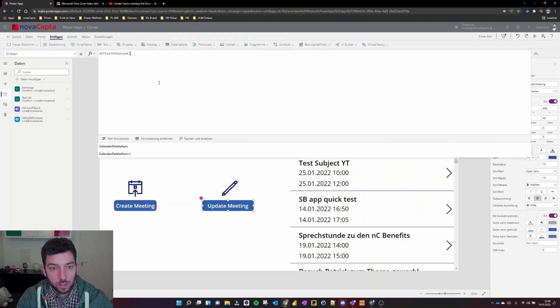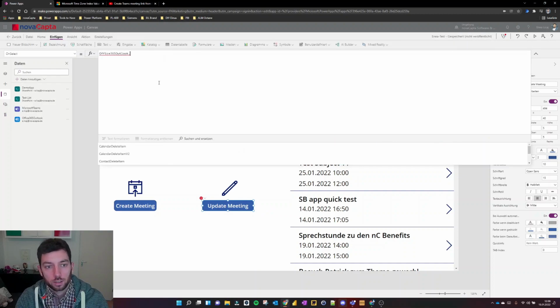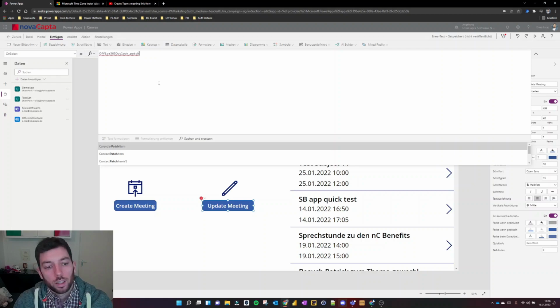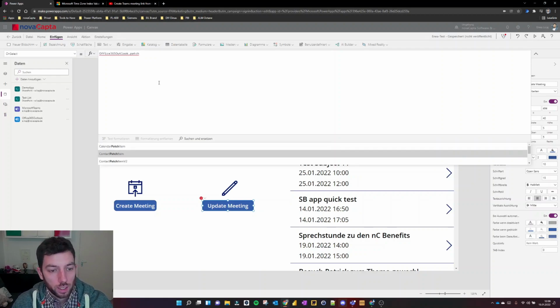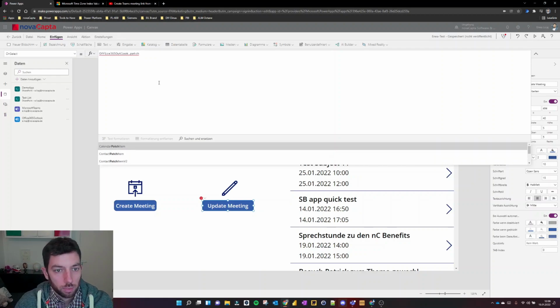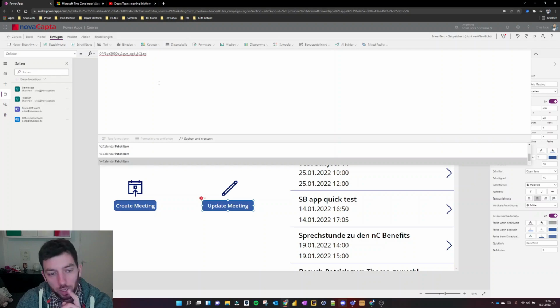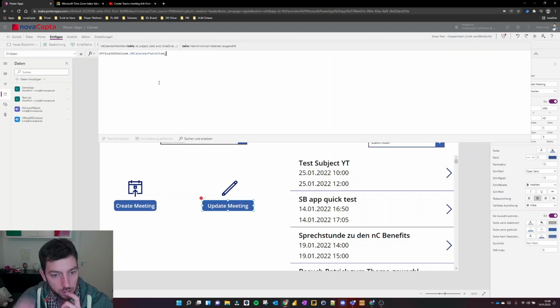We need to reference that, and the next part is to patch the changes. If I search for patch, as you can see here, we have multiple, and I want here the calendar patch item, but the newest one, which is V3. Well, we have also a V4. Let's test the V4. Okay, so the table again is going to come from my dropdown